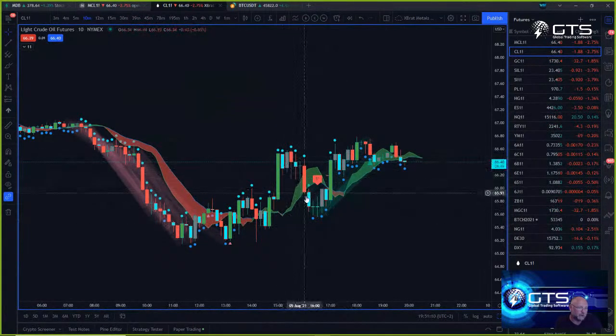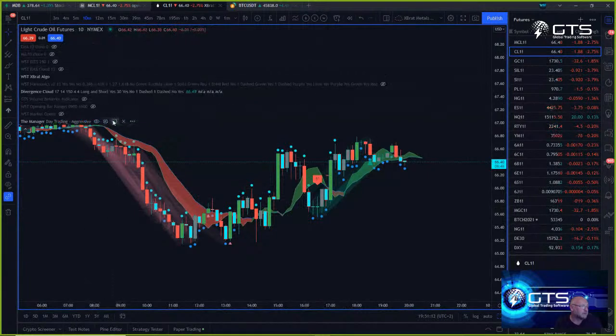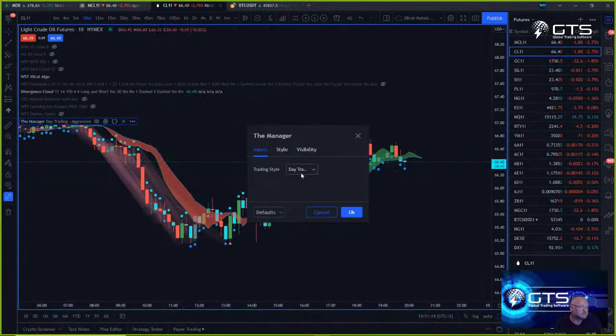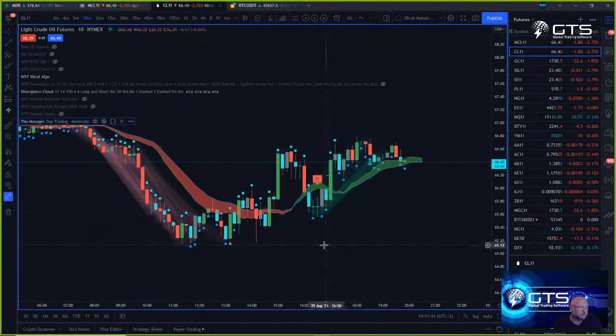You know, this pullback. Let's go back to moderate again. Sorry, always start on the moderate. Okay, if you went long today, you'd still be long right now. Okay, cloud didn't change. Pullback, even if you went in on the opening range play, the pullback here was high